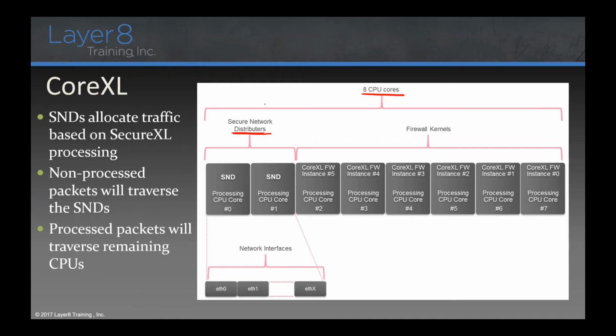The SNDs will work with the Secure XL feature to determine whether or not we need to actually evaluate the traffic, or can we just let it go right on through. If we let it go right on through, the traffic will pass through the gateway without any processing at all. We'll accelerate this right through the firewall. If, however, it's a new packet or it's a packet that needs some additional evaluation, say IPS, the network interface,